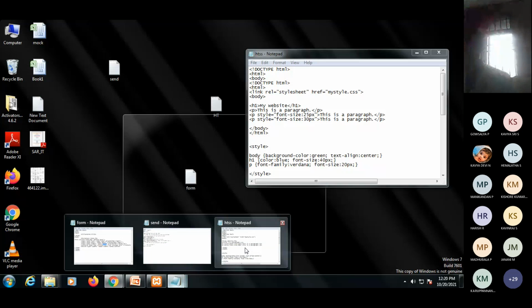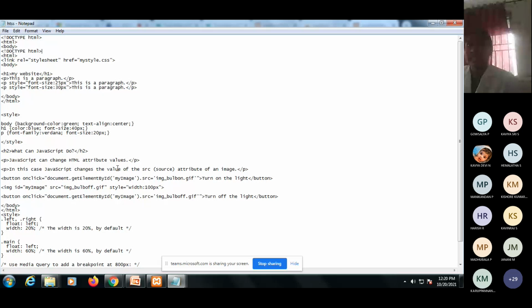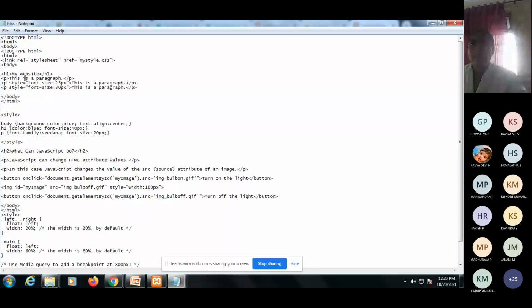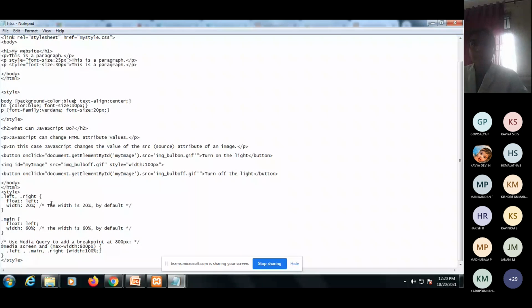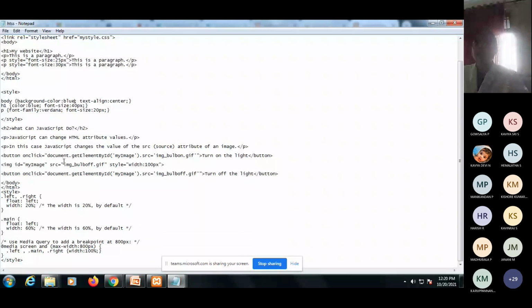So in this code I change this one. Actually, it is already in green color now. Now I change the source code here. Font size, anything else we need, we just change it. So just I'm going to change this to blue. In this code I change it. Then the image is also represented in this. Okay. Then I give save here.